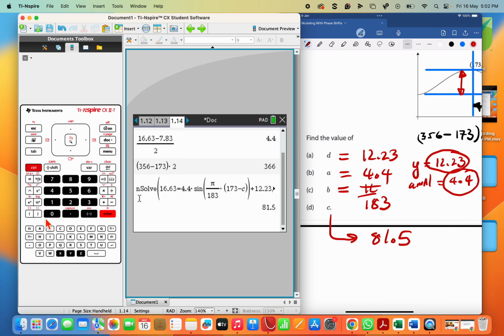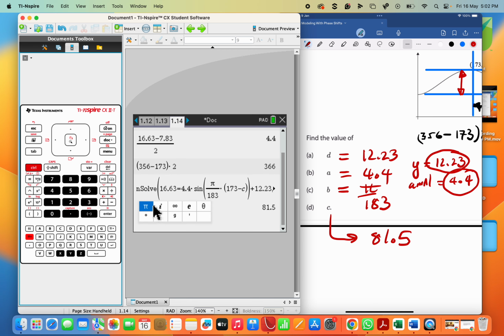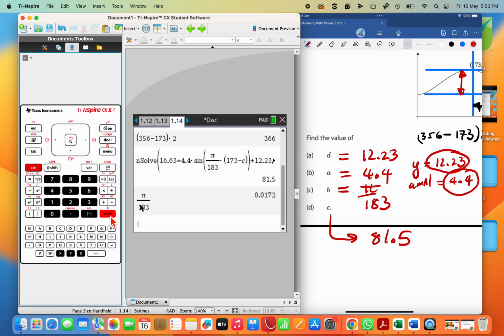Let's go finish off with the pi divided by 183. Okay, so that's 0.017